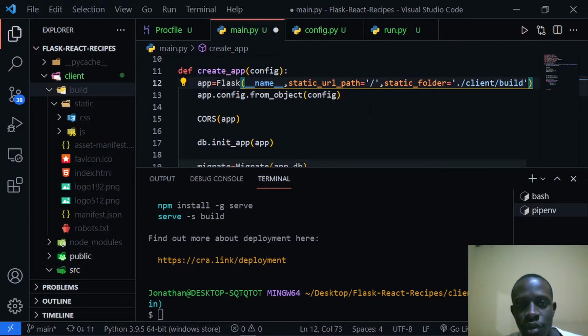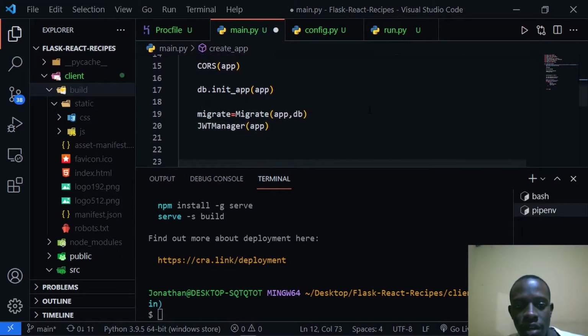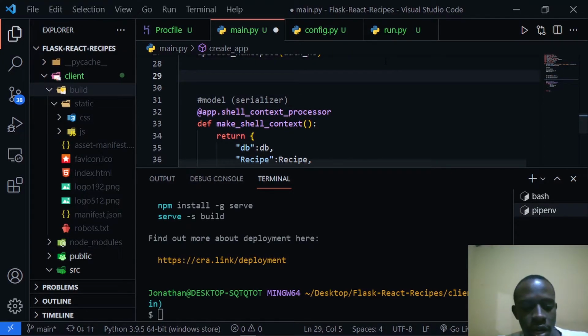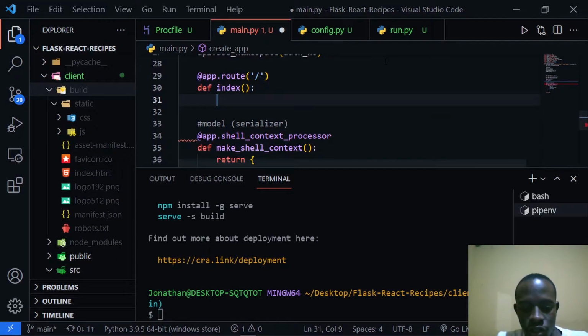So after setting that up, we're going to also send our index.html on the root route of our application. To do that, I'm going to create a simple route that's going to be at our root URL, so that when you go to our application on the root URL, we can see our index.html. To do that, I'm just going to come just below here, below our shell context processor. What I'll do is to say @app.route, then I'm going to specify the root URL. So I'm going to add a simple view function. Then this view function is just going to return